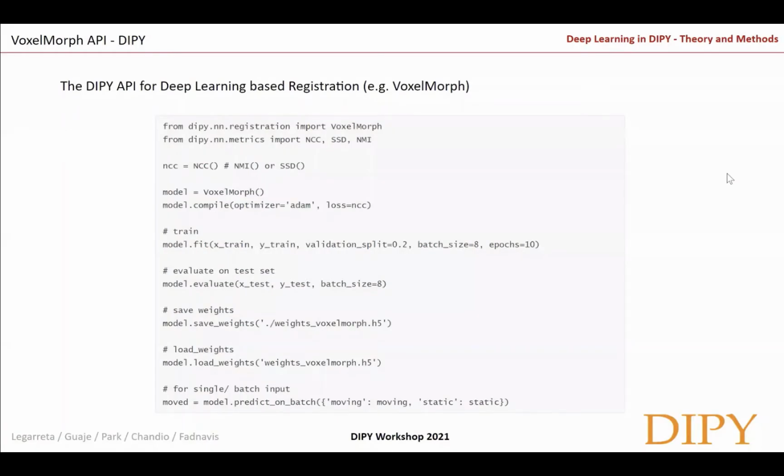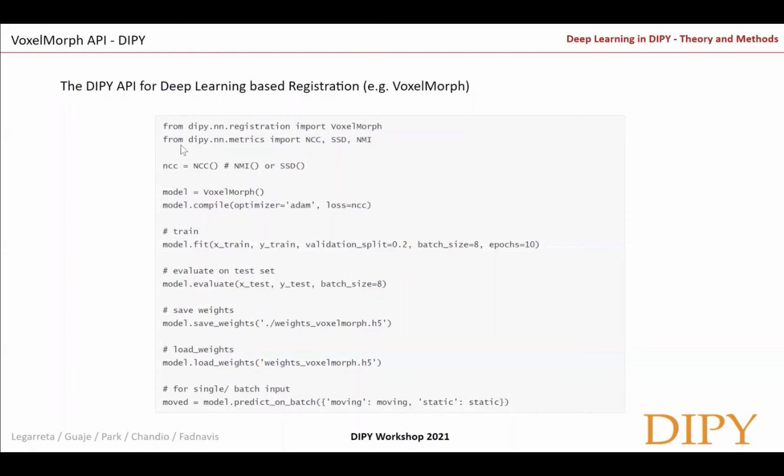All right. Thank you, Brahmsh, for explaining the VoxelMorph framework. And as she mentioned, it was implemented by Sharath as a part of Google Summer of Code 2020. And here in this slide, I will be explaining how the VoxelMorph API looks in DIPY. As you can see, it is a part of the deep learning module, and it is within the NN framework. So from DIPY you import NN, and from NN you import registration, and within that you will be able to find a model called VoxelMorph.